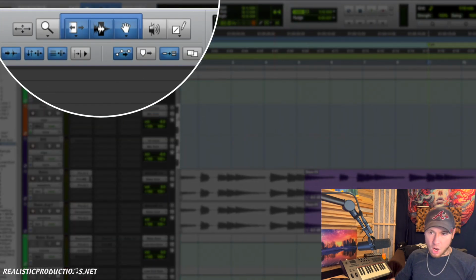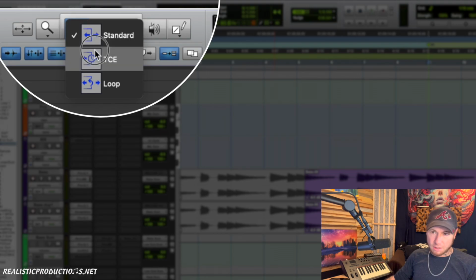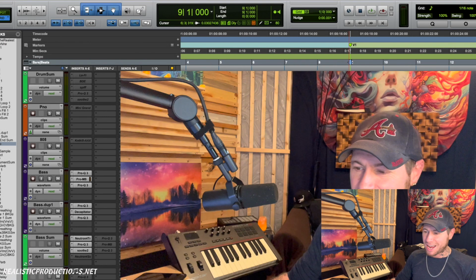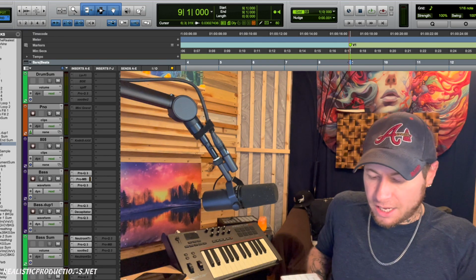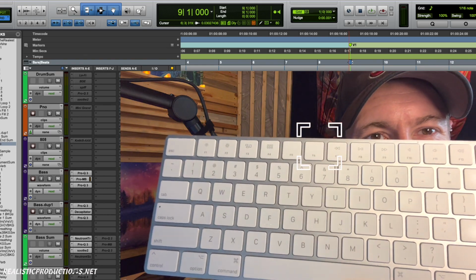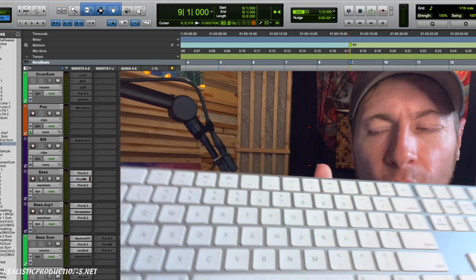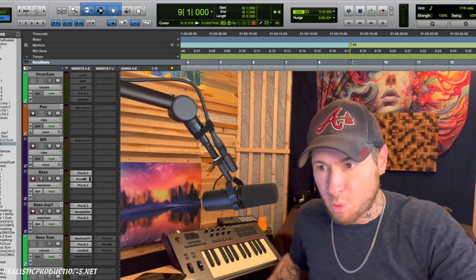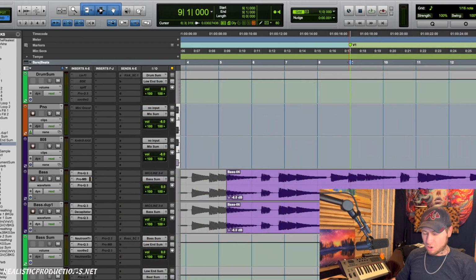Now, you can go up here and select this, and our trim tool has a drop down menu, and TCE is going to be our time stretching. That's an option, but I'm a quick command guy. So this one is where I do use an F key, because F6 doesn't have any playback functionality. So I'm going to hit F6 here on my keyboard,